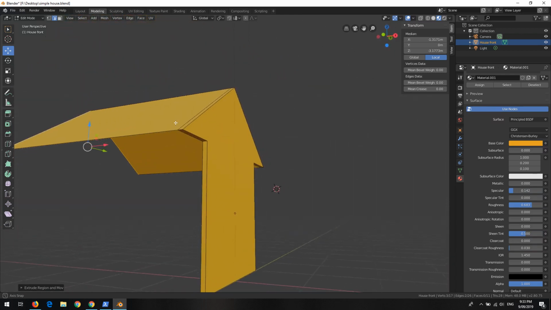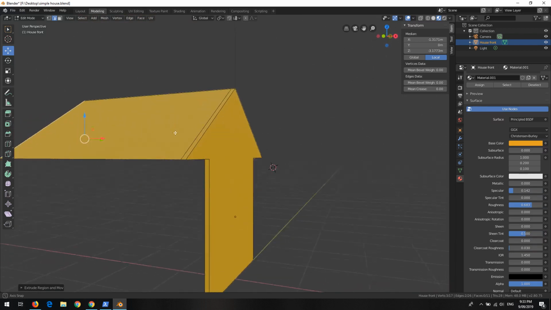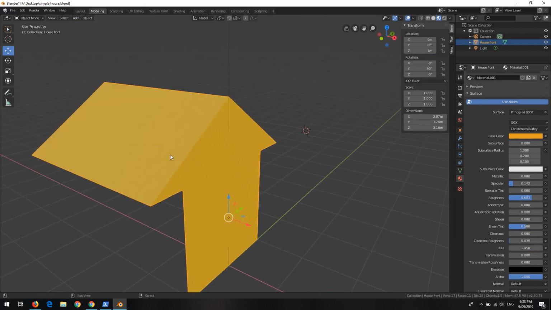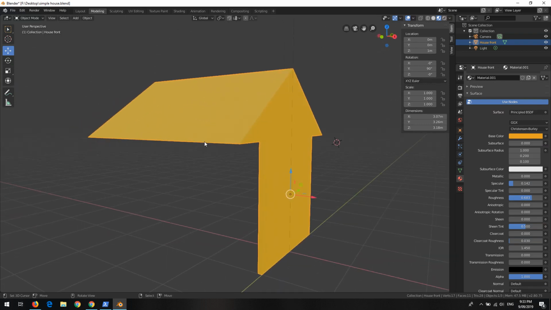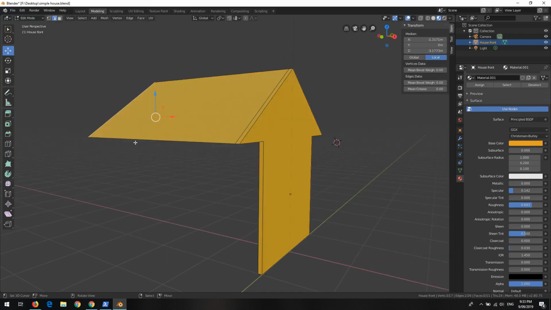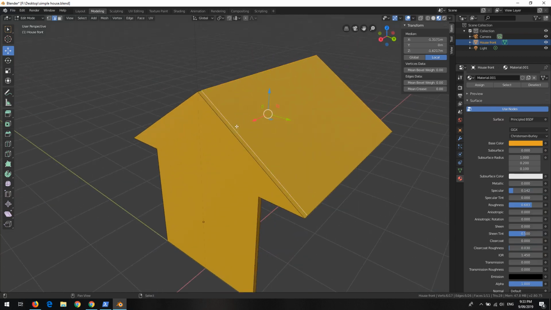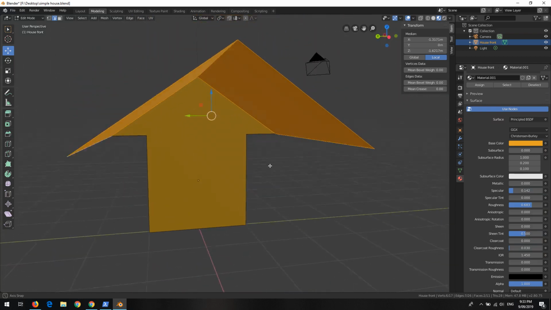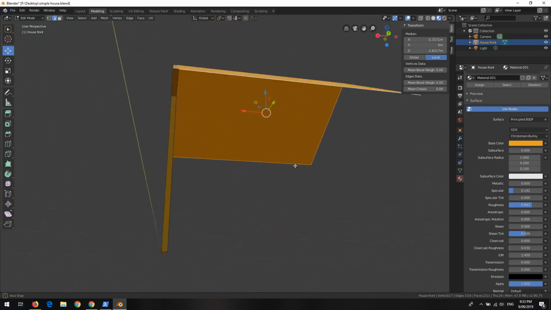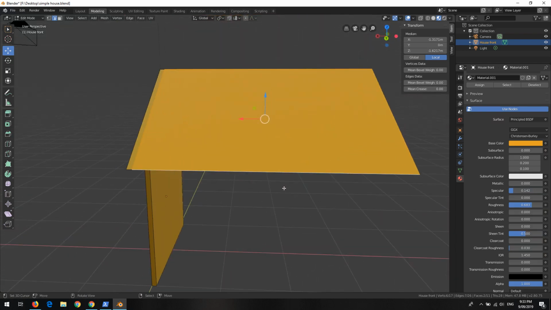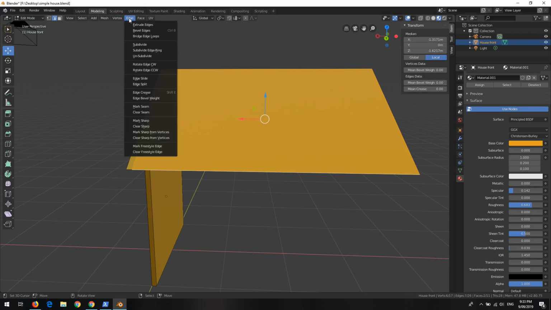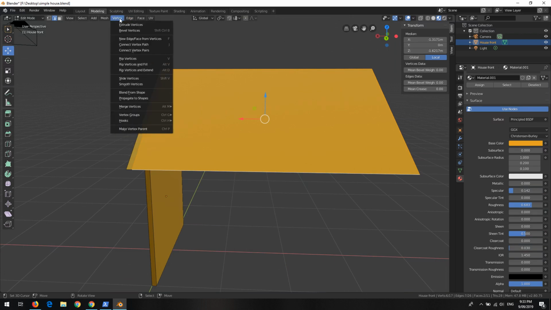Now one thing I want to do is to separate this from this single object. The way we separate, we go to edit mode, select the edges I want to separate, or I can just simply select the faces. Now I have selected these two faces or all the edges. In the mesh menu, or if I press P, there should be something called